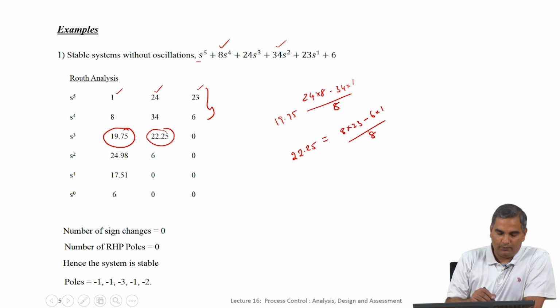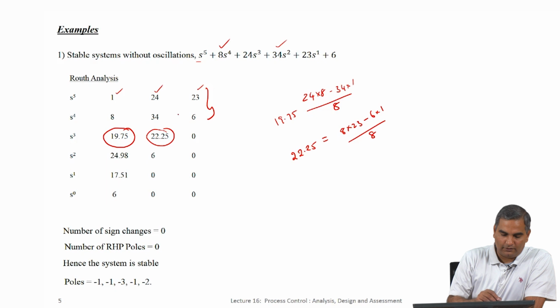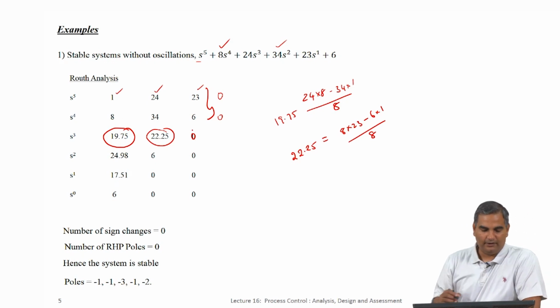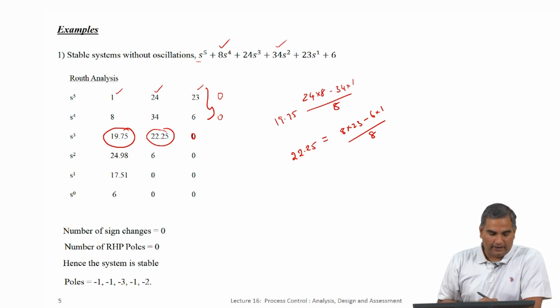Okay. Now, when you come to this number, clearly, when I wanted to do this, I took this and this here. When I wanted to do this, I took this and this. So, when I want to do this here, I have to take this and this here, but these are not filled. So, they are 0. So, whatever multiplication you do, you will get a 0. So, that is how you get a 0 here. For the sake of understanding, say this is 0 0. So, this will be 8 times 0 minus 1 times 0, divided by 8, which will be 0. Okay. So, that is how you get a 0 here.